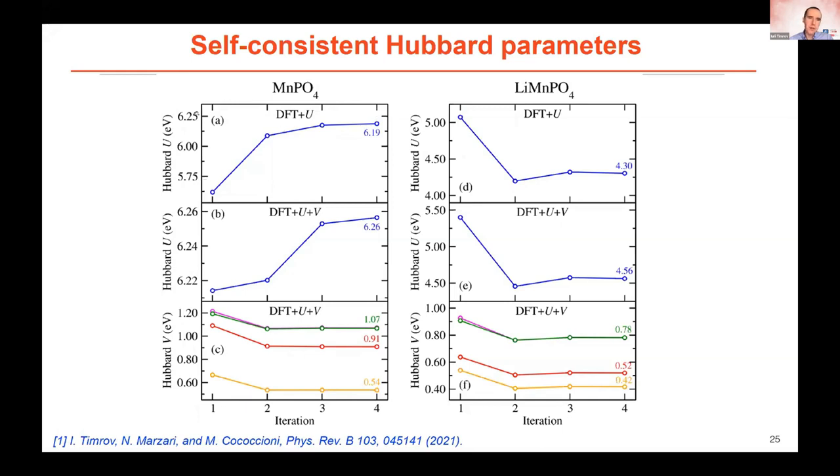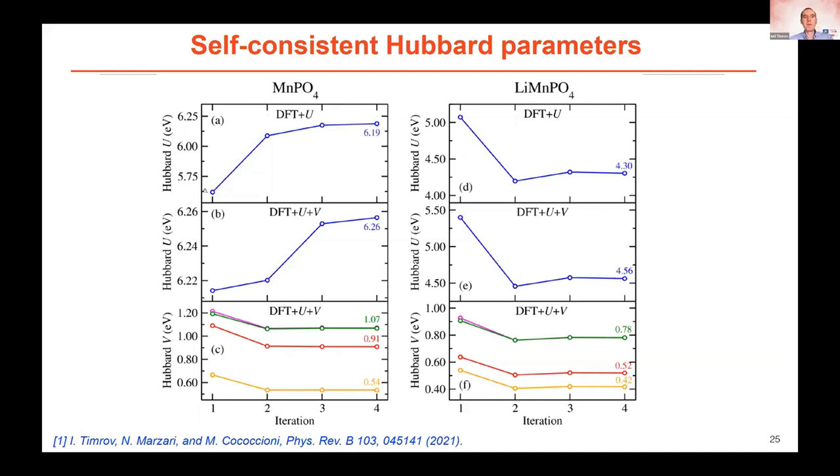This is the value of the Hubbard U parameter for manganese 3d states in manganese phosphate as a function of iterations, 1, 2, 3, 4. Each iteration means we performed structural optimization and recomputed the Hubbard U parameter. In the first iteration, we took the experimental geometry, optimized it at the DFT level with the PBEsol functional, and we computed Hubbard U, and we obtained